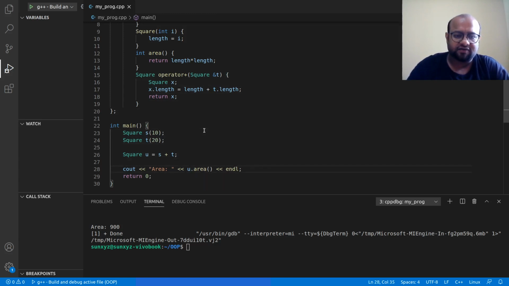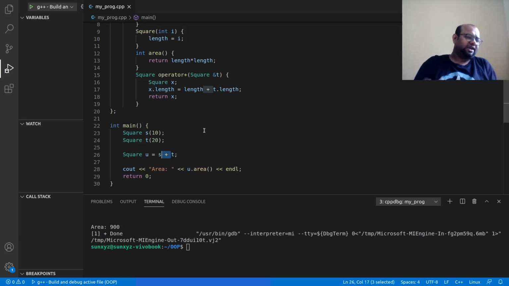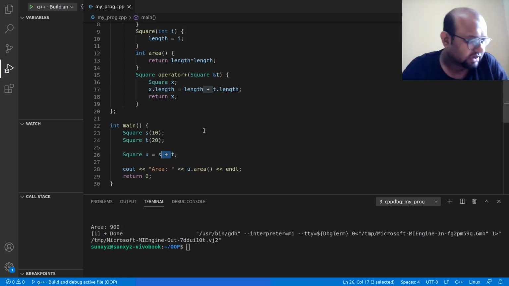I had a little bit of confusion. So this is what I have. If I now add this object s and then this object t, I have 10 plus 20 is equal to 30. So the length of u is now equal to 30. So the area is equal to 9000. So what have I done? I have overloaded the meaning of this operator, addition, and then here some pointer was passed. Then we got the value out of this pointer. So this is object overloading. Sorry, operator overloading. There is nothing called object overloading.